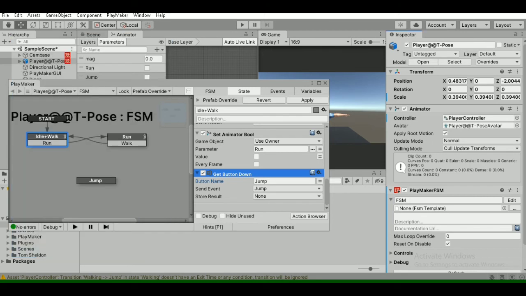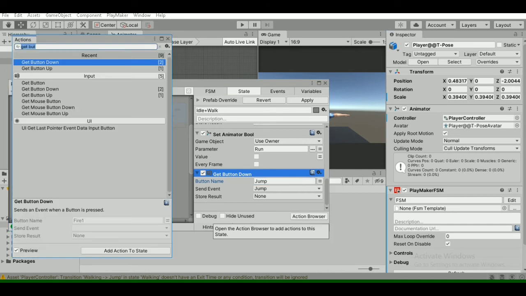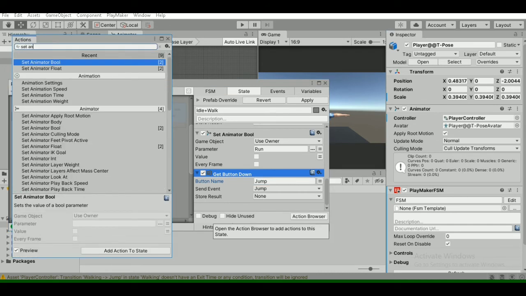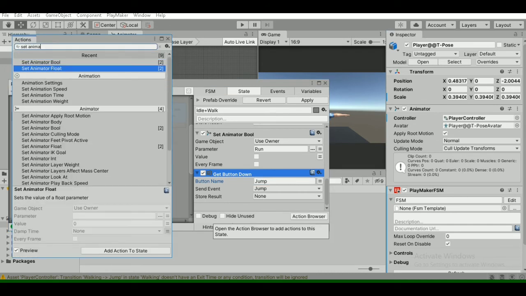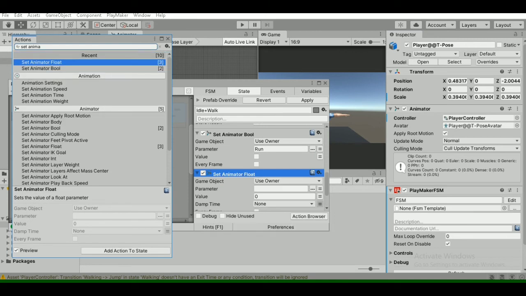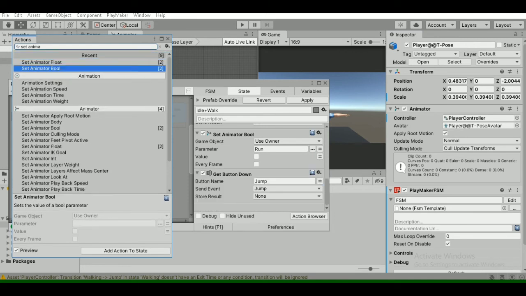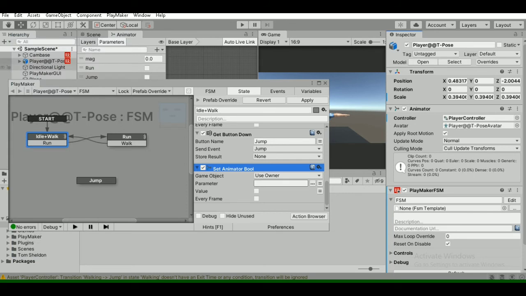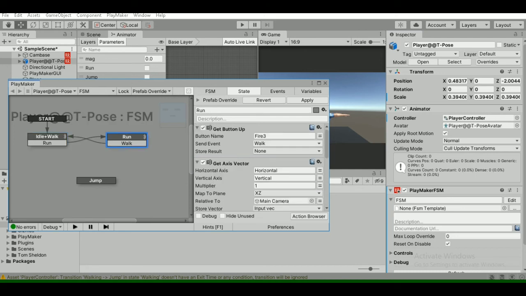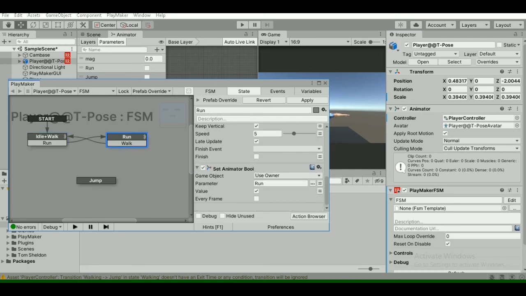And second, for managing this jump parameter, just add set animator bool. Now just write the name of your parameter here. Just uncheck this. Now copy these two and paste them into the running tab.